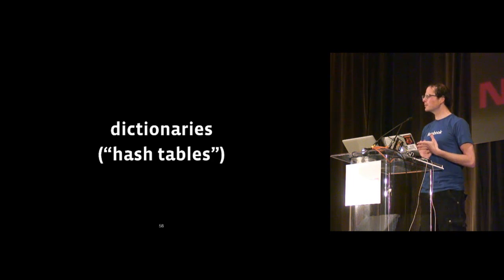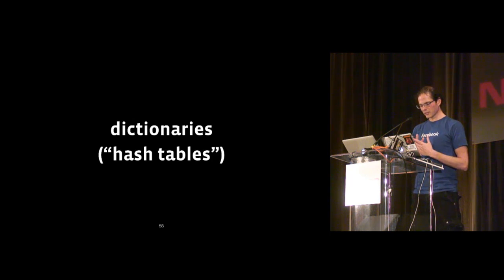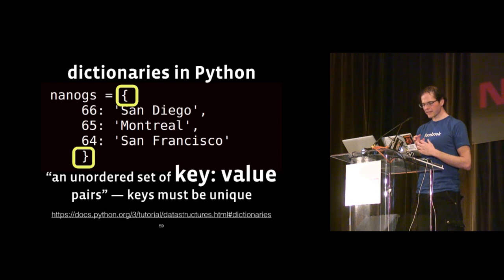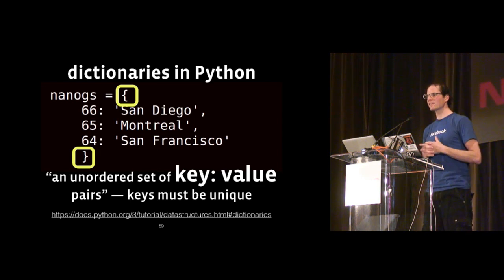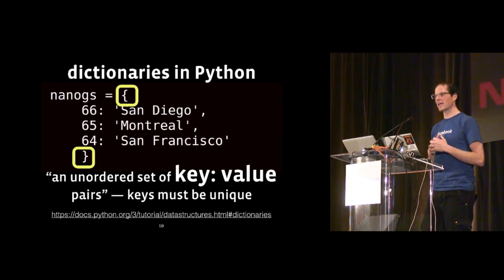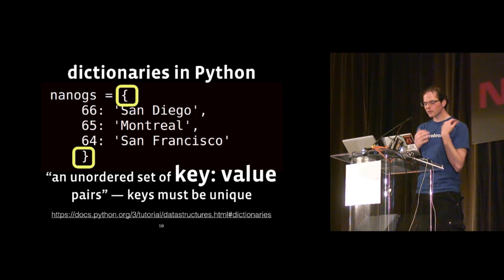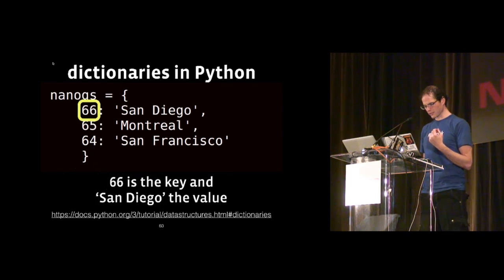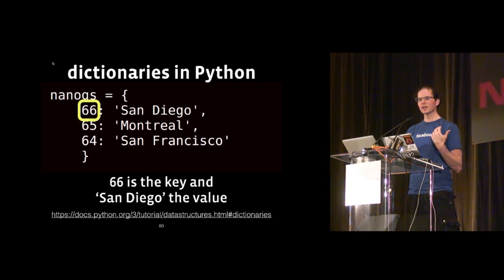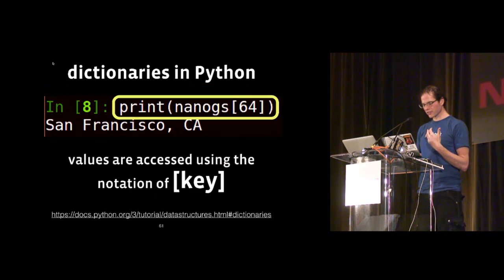So now looking at something a little bit more advanced. We have dictionaries in Python, which in other languages are called hash tables. It gives us a little bit more flexibility, though, because instead of having a list of one or two elements, we now have a mapping or a searchable index of keys and values, where when we look at the different NANOGs that we have, for example, today being the 66th NANOG in San Diego, we can assign and search on that using this notation of, for example, 66 as the key, separated by a colon with the value next to